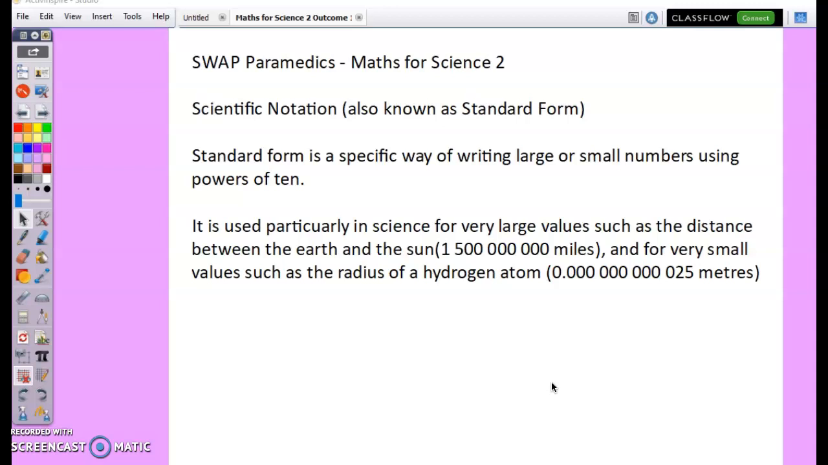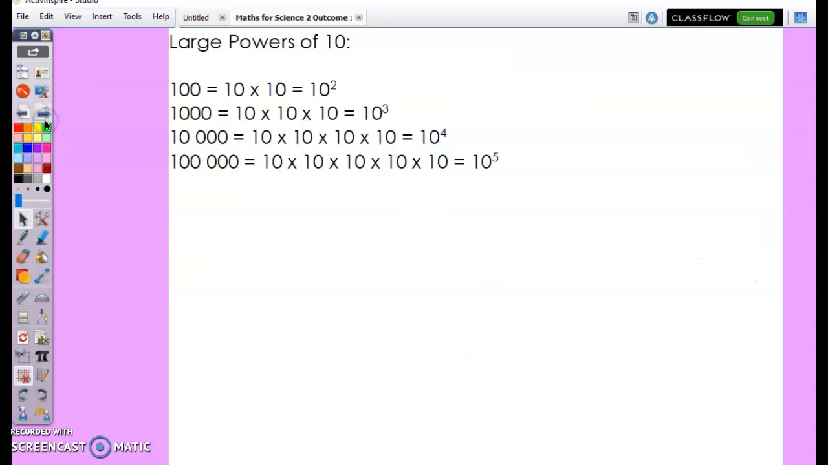It's very useful in science if you're looking at very large numbers like the distance between the Earth and the Sun, or very small numbers like the radius of a hydrogen atom. Okay. If we start by looking at large powers of 10 then, if we think of 100, 100 is 10 times 10, which is 10 to the power of 2 or 10 squared. 1,000 is an extra 10 there, so this time we've got,